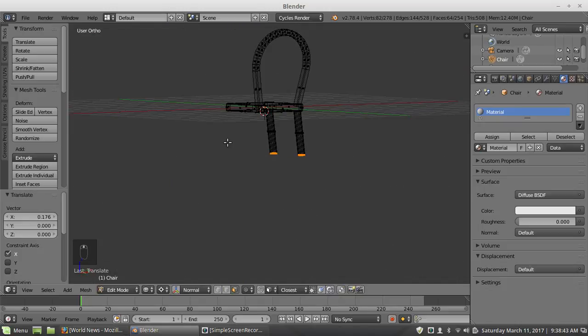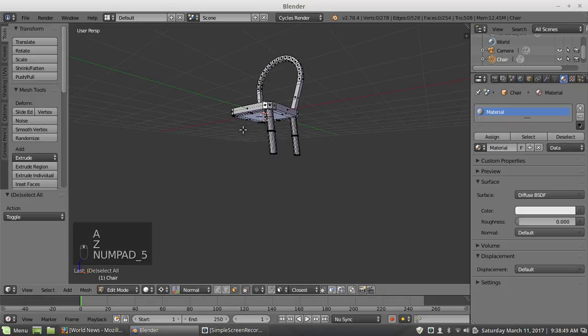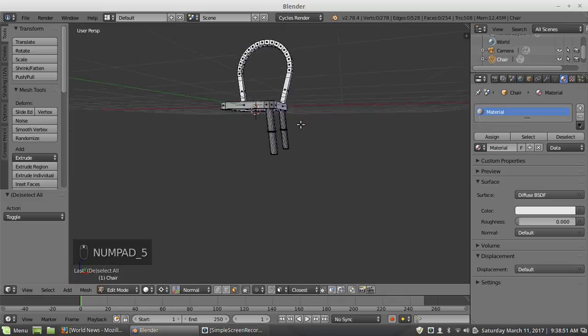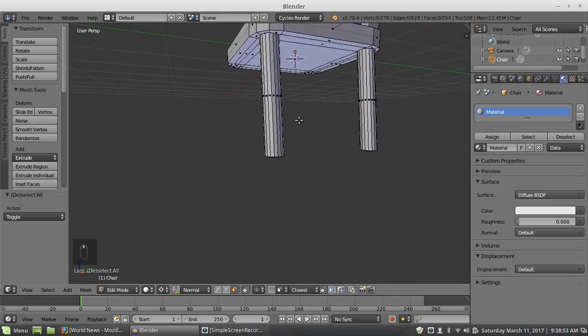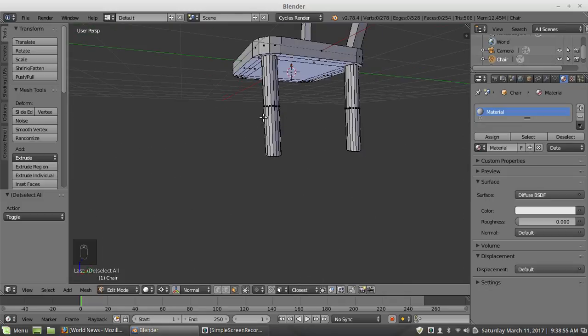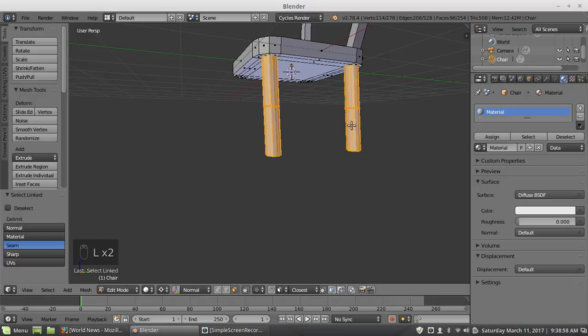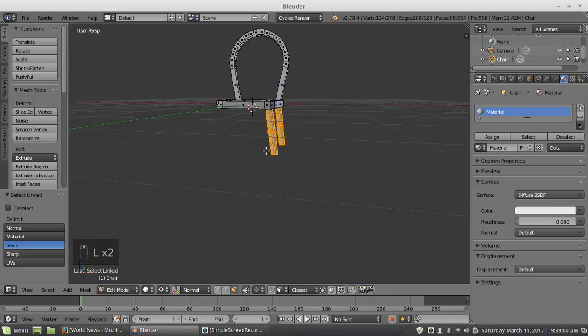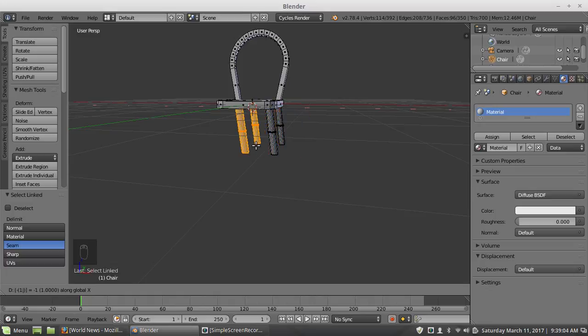So now I have my legs splayed out ever so slightly because chairs tend to do this, makes them more stable. And then I am going to select both of these, shift duplicate on the x-axis, so negative 1.